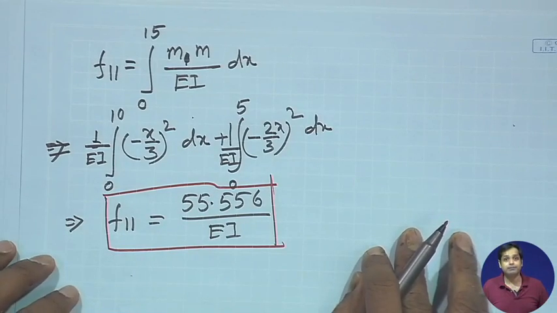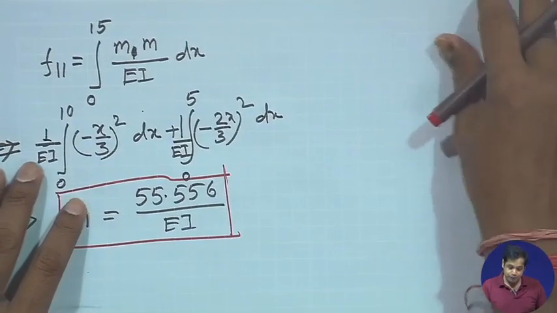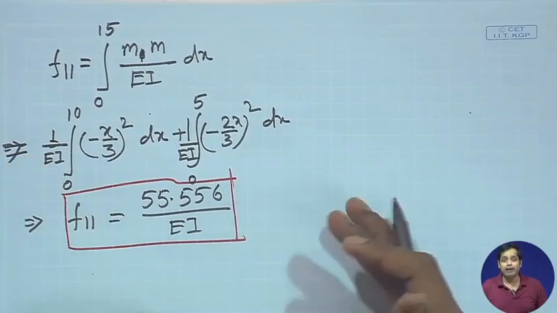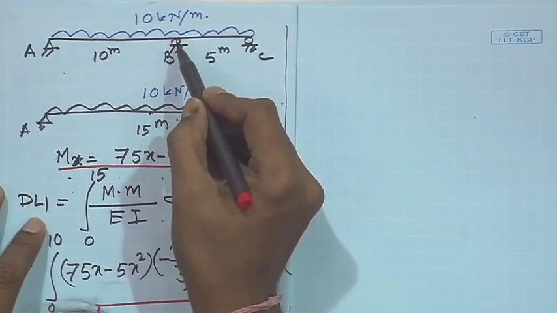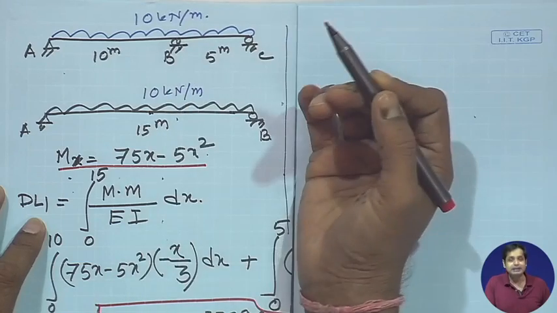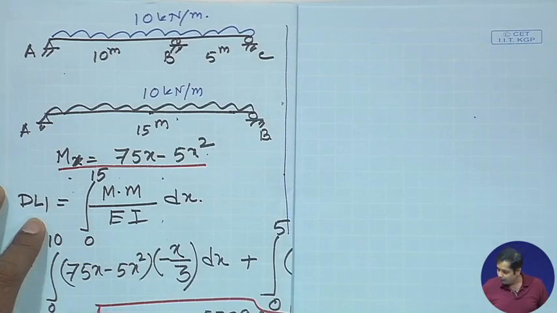So, this was step 4. Then, if you recall, step 5 was applying the compatibility condition. What is the compatibility condition we have? The compatibility condition is that at this point the displacement is equal to 0 because it is supported. So, the compatibility condition is